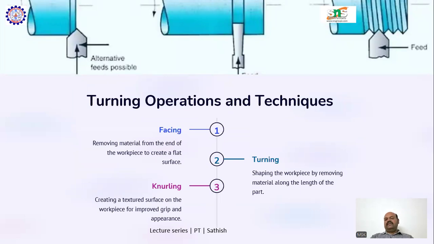We have several turning operations that can be done on a lathe. Let us see these three important turning operations. Number one, facing. Number two, turning. Number three, knurling. Facing is whenever you take this workpiece, and this is the length and